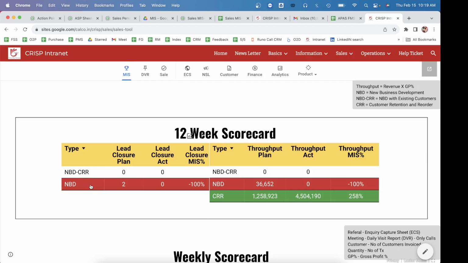So if it is an NBD, let's say the target was 2 leads have to be closed in the 12 weeks timeline. This is the actual lead closure, and this is the score. This means 100% of the target is still not achieved, so the score is -100, hence the entire row is